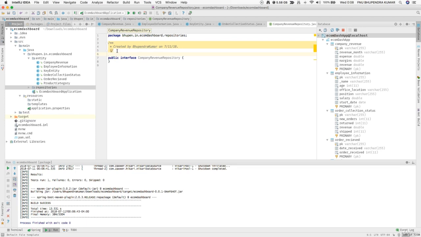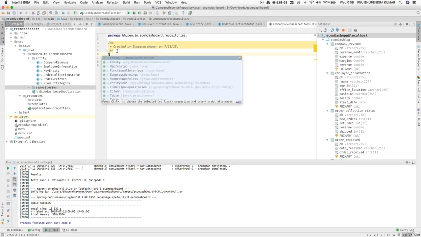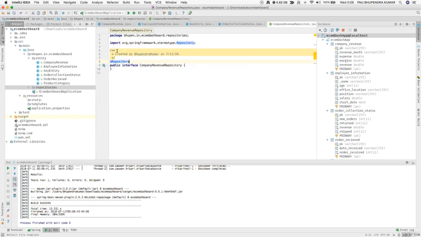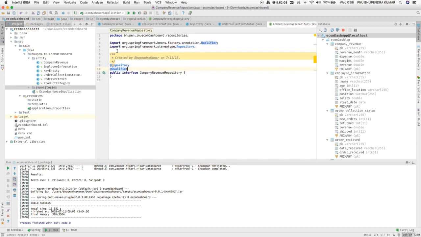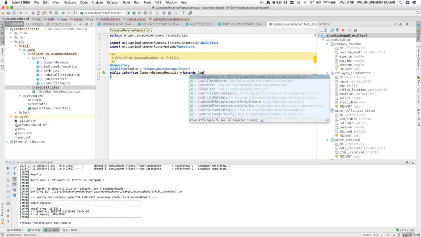So in this we need to use the @Repository annotation to define that this is a repository, and what should be the qualifier. So I'll use the same name, making it a lowercase c to identify, and then I can extend JpaRepository,